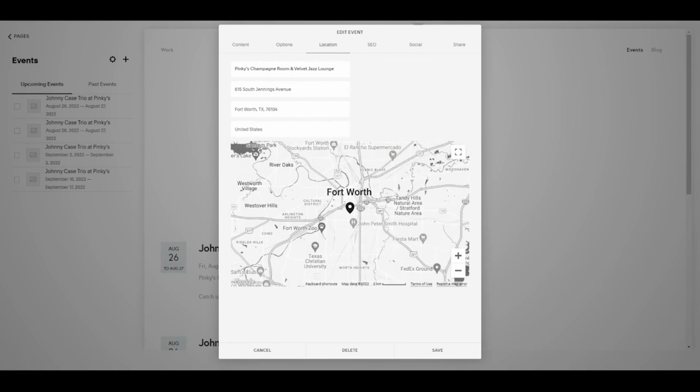Once you're done updating your event, be sure to click Save at the bottom right of the Edit Event panel